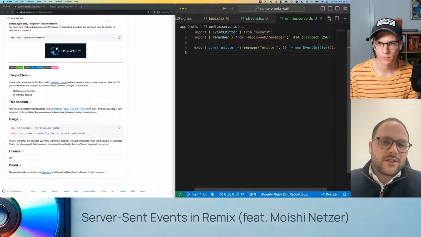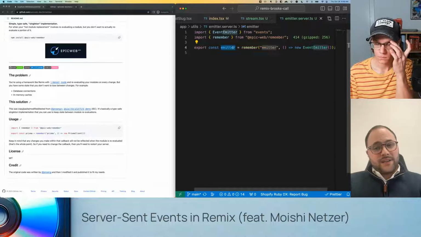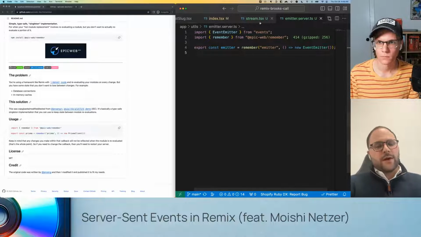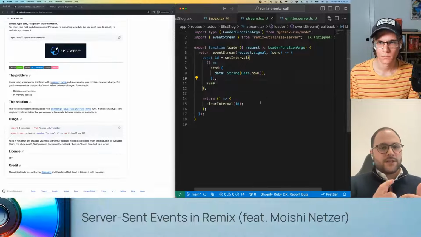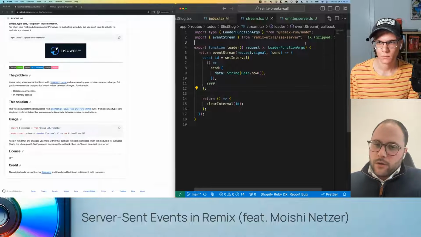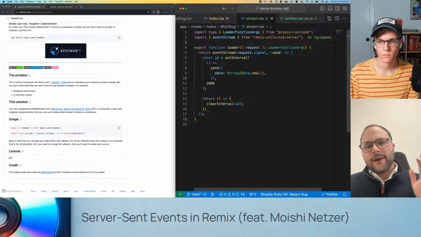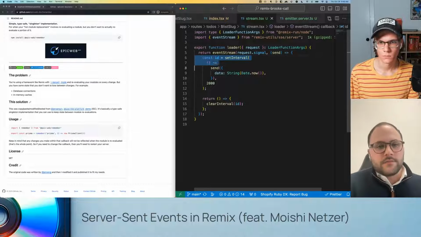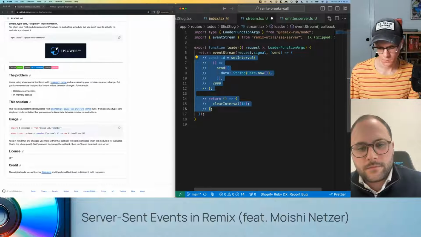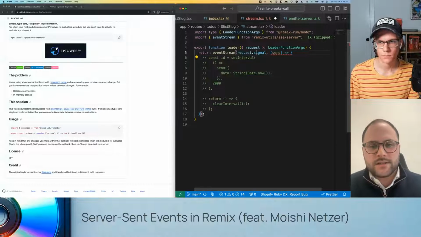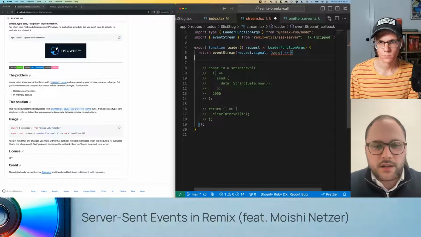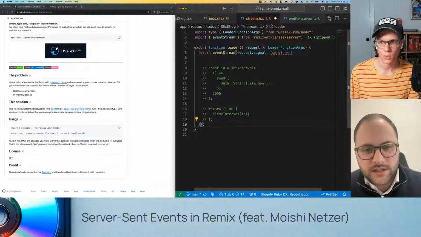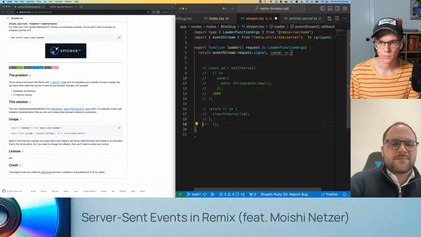Okay, so we've got our event emitter, and it should be as easy as that. Now let's go into our event stream, and we want to listen for these changes. So for now, inside the event stream, let's comment out everything from line 6 till the end, right? And the last brackets as well on line 19, I think.